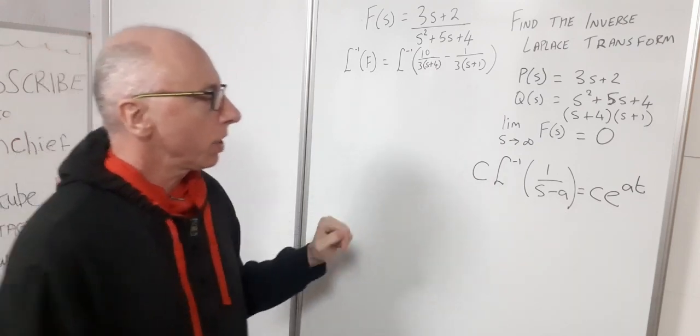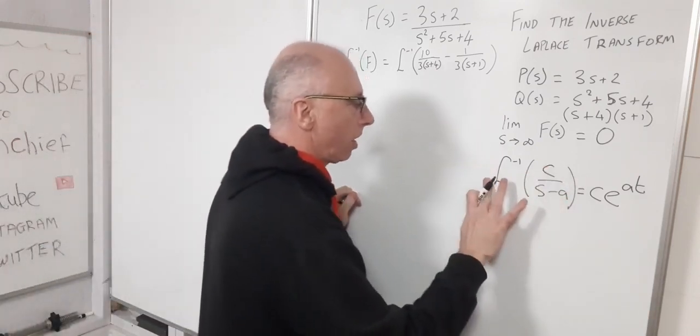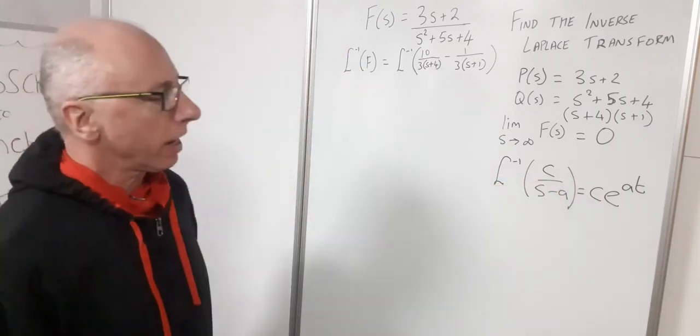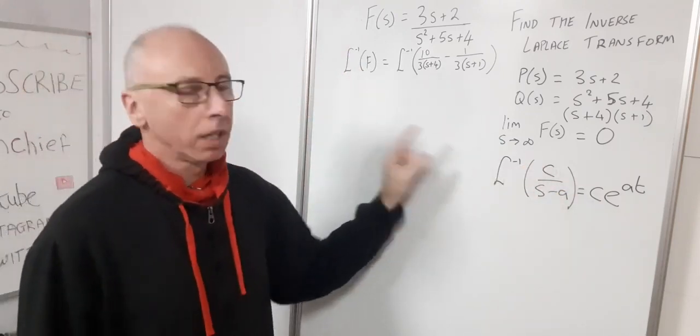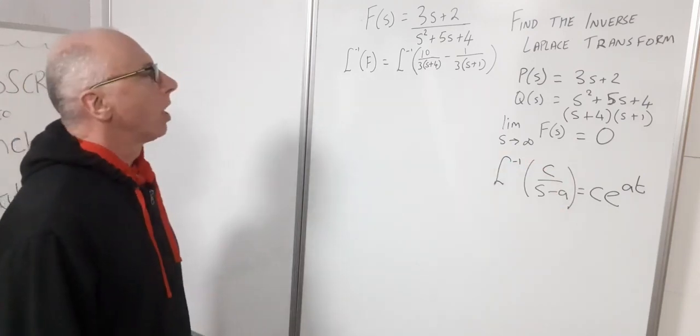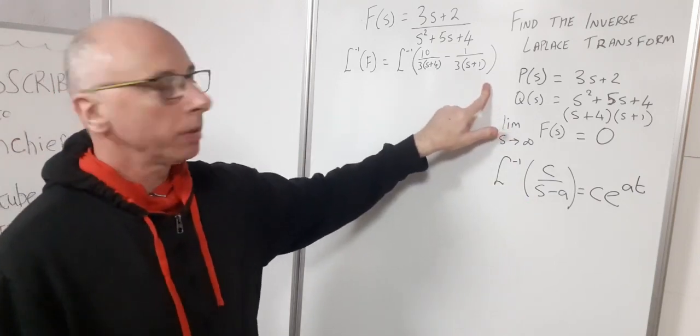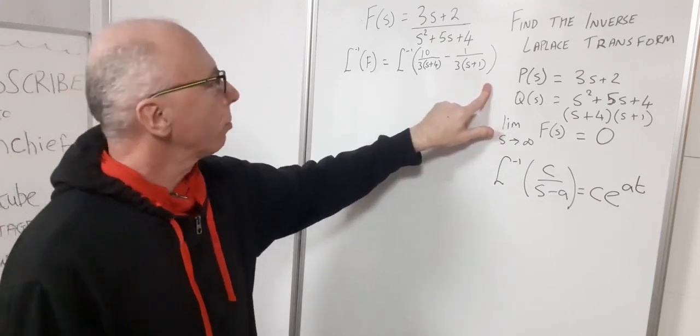Now if the c was inside, so we had a c over the top there and not here, our result would be the same. We could just take the constant out and our result would still give us c times e to the at. Okay, so with that in mind, let's break this down now and solve